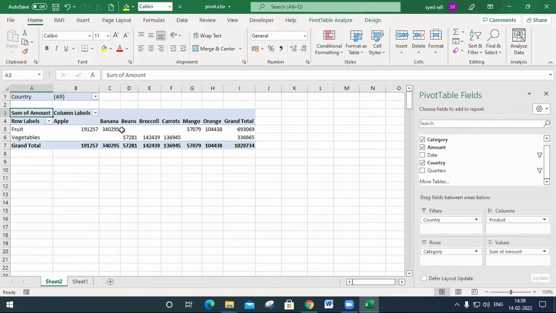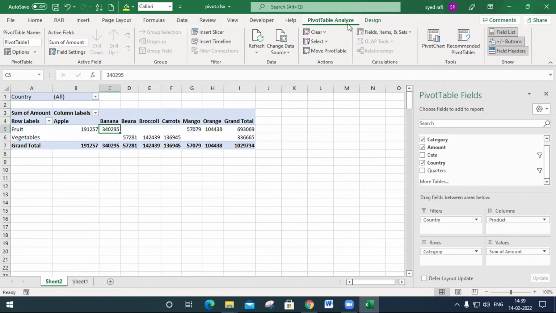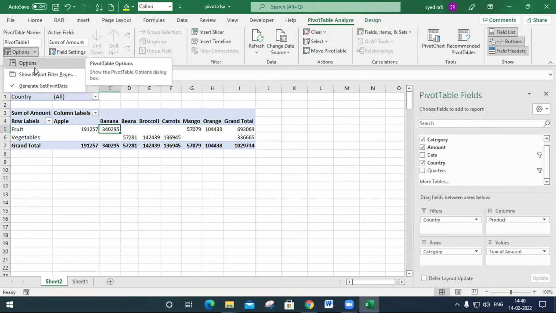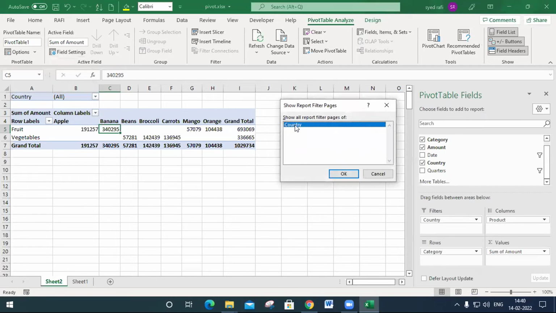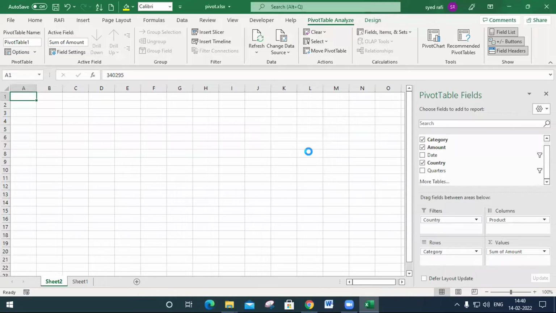So you do one thing. Here there are only 2 sheets. By clicking on the pivot table, you may also give the pivot table name. You may also give it here, and also there is an option. In this option, you must select show report filter pages. Show report filter pages, by clicking this one, what happened? Whatever you place in the filters box, that field will be displayed, and say okay. So what happened, you may view.